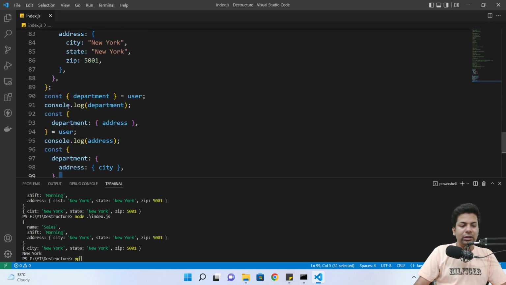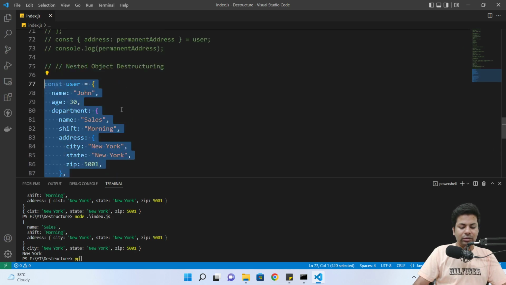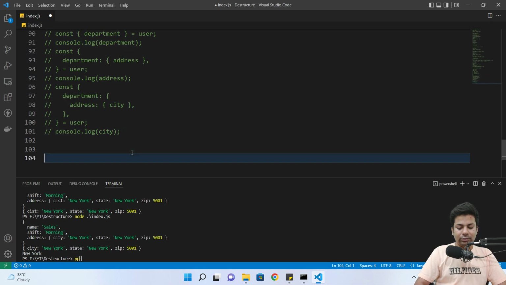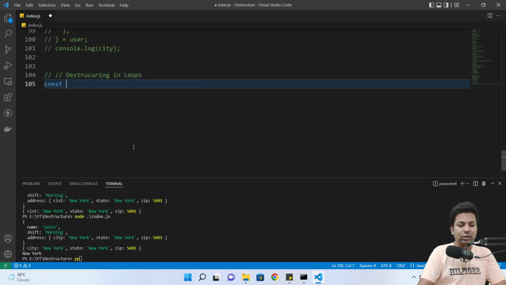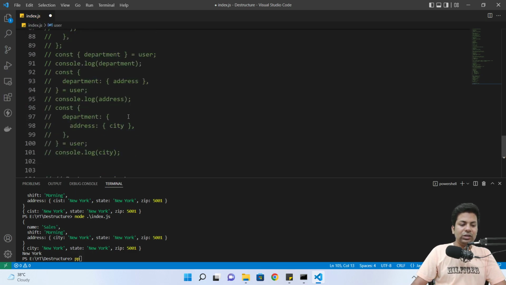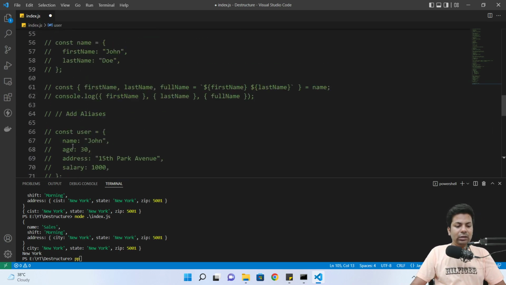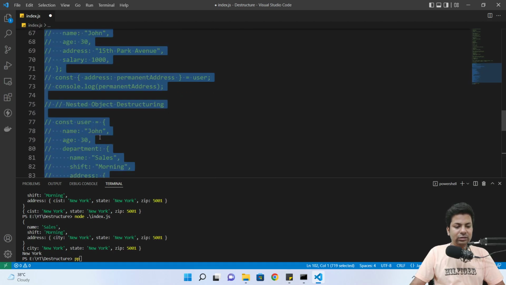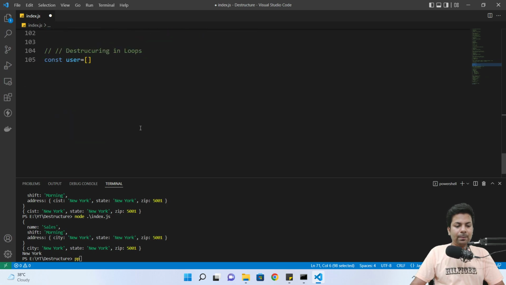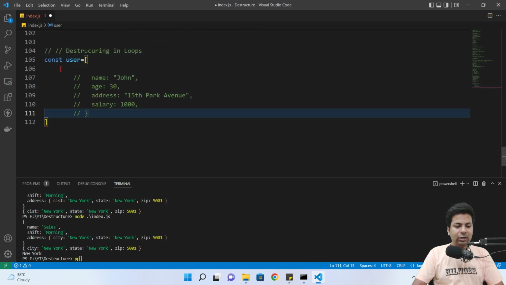And now we'll see how to destructure in loops. So let me just comment this out. Destructuring. Okay, so you have a constant user which is an array of values. Maybe let me just copy this. Oh, sorry guys. Copy, paste, and